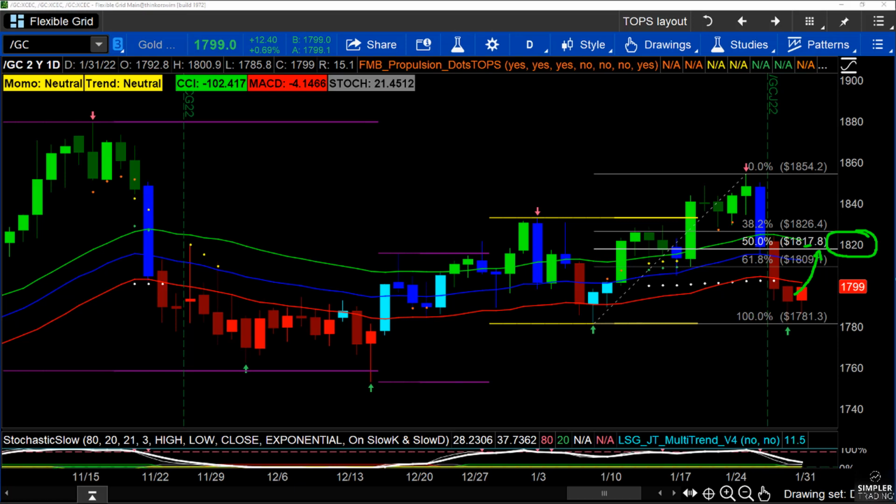But we still have a neutral trend, which does mean that this area here was an oversold support level. We're bouncing off that area. Nice oversold stochastic. Excellent support from the Darvis 2.0